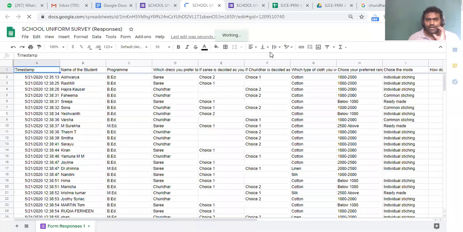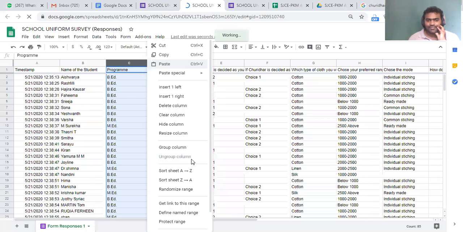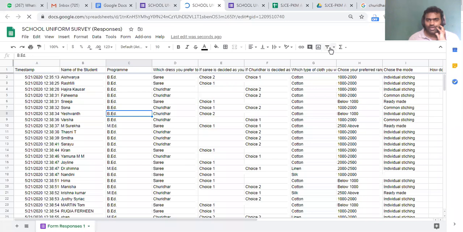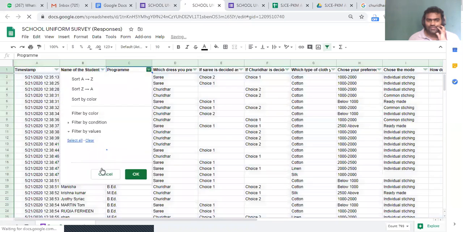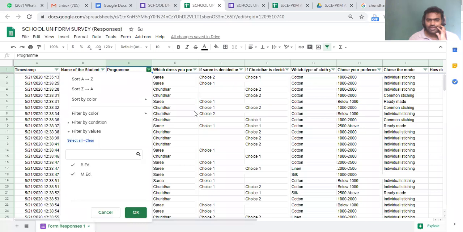So what I'll do, I'll filter it. Where is filter? Even like that, you apply your mind. Here I'll apply the filter and see how many beard students. First I'll filter the other thing, sari or churidar.